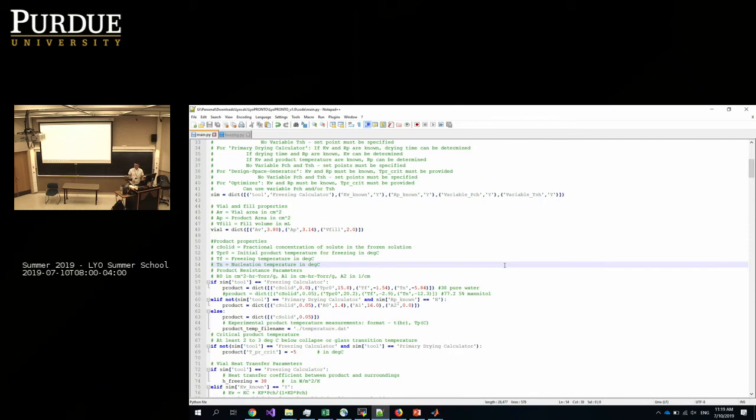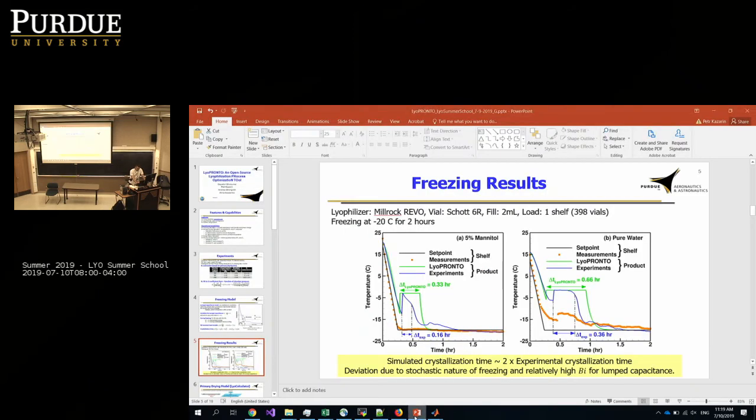How did you pick mannitol and not sucrose for these experiments? We had plenty of mannitol in the lab. As simple as that. Because when you look at the actual experimental data, you can see that there's ice crystallization and then there's another smaller peak. Possibly mannitol crystallization. Possible. But of course with mannitol you can dry faster. Sucrose takes a long time. So for the optimizer that I will demonstrate, we don't have experiments. We have numerical data for sucrose, which I'll show you in a little bit. But for the experiments, we just did mannitol, just for the sake of comparison.